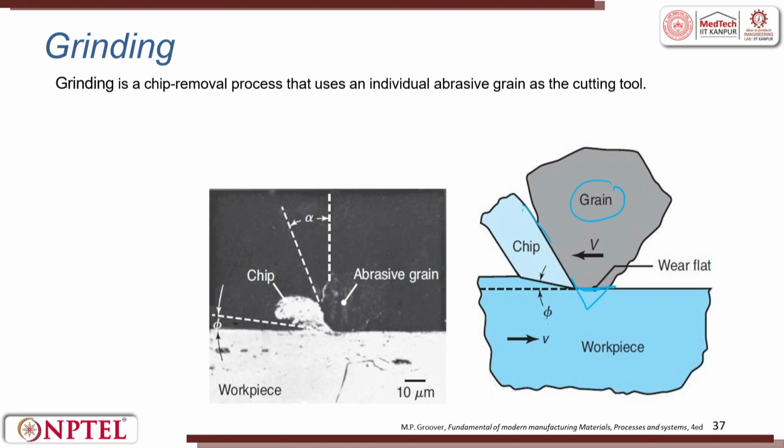When the chip is formed, you have a shear angle, and this is the cutting velocity. The workpiece can move or the grinding wheel can move. The grinding wheel can also go at very high speeds, right. So, if you look into it, the majority of the time, from the force plot and other things, we find out that the rake angle will always be negative in grinding or with respect to abrasives. So, if it is negative, then the forces are very high.